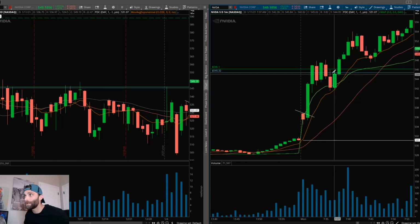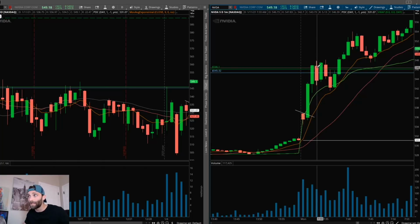And Nvidia had another clean setup. It pushed through pre-market high, that prior pivot high, 546.10. I don't want to chase that. I like to wait for clean flag patterns after a big move. And it put in a nice clean flag, pulled back to VWAP, pulled back to the 9 EMA, held it,